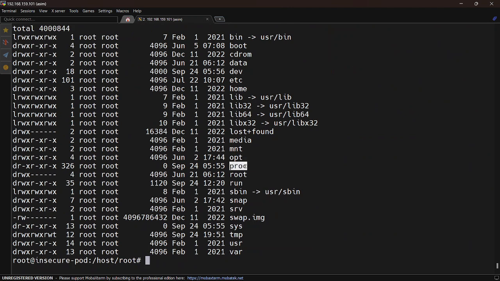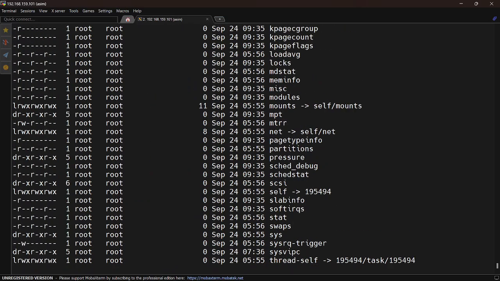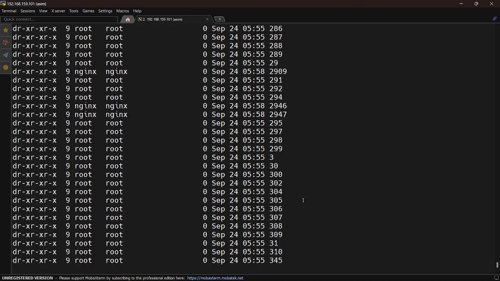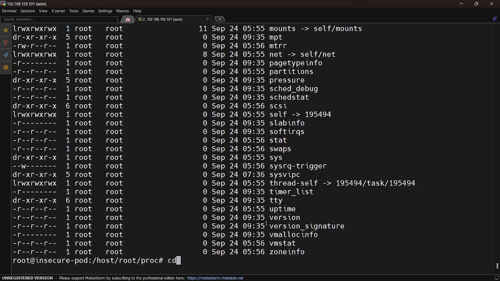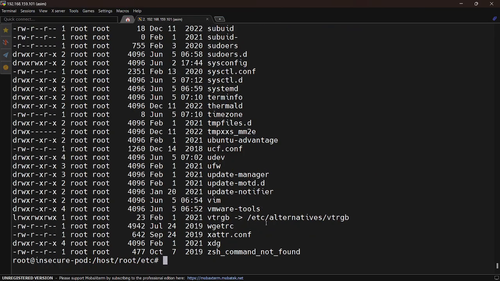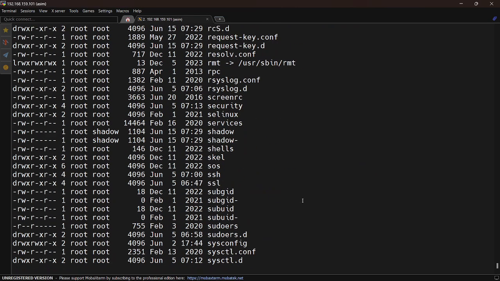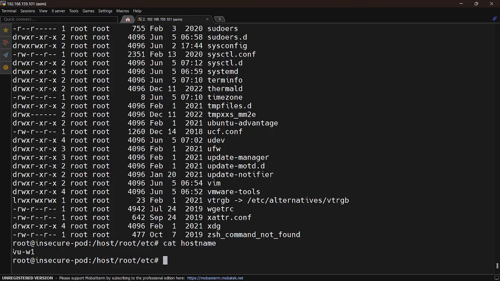I can destroy anything. I can go into the proc. Okay, I can see all the process IDs running, what is happening on my host machine. Everything is available to me, and I can go under the etc. All the configuration files on the worker node are reachable to me. I can show you, for example, the hostname file. You can see this is my worker node one. So there are a lot of things that can be compromised on your host machine by using this